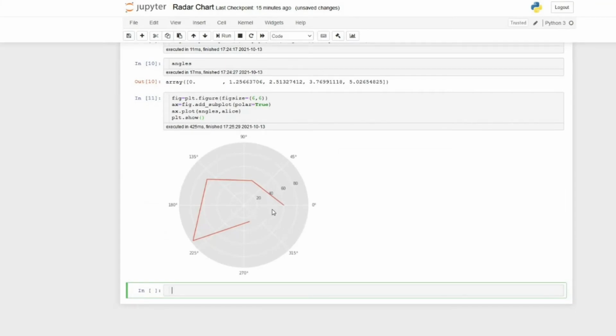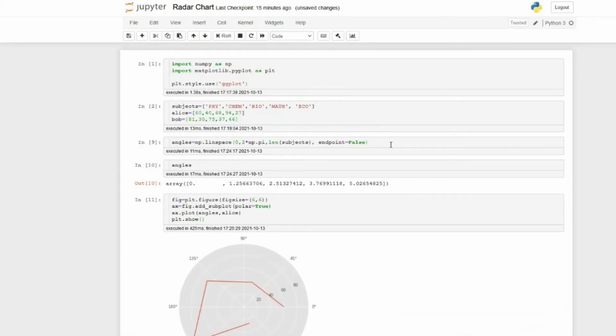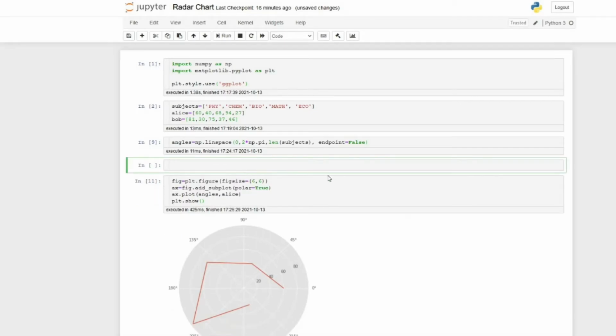See, this is actually not the full circle. If we do it like this, it will be only up to 288 degrees. So we have to complete the full circle, and so we have to add the starting point once more. To complete the full circle, we have to add the first value again at the end of the number array. That can be done by using this command.